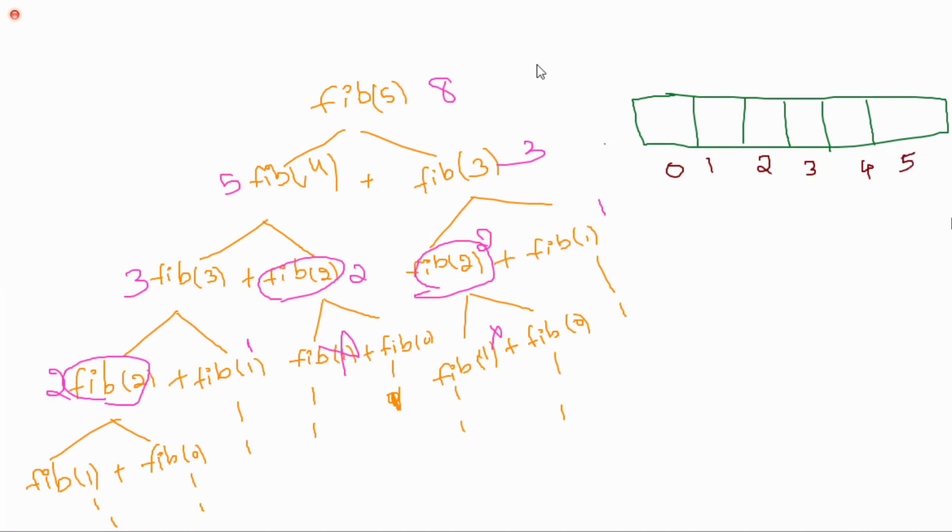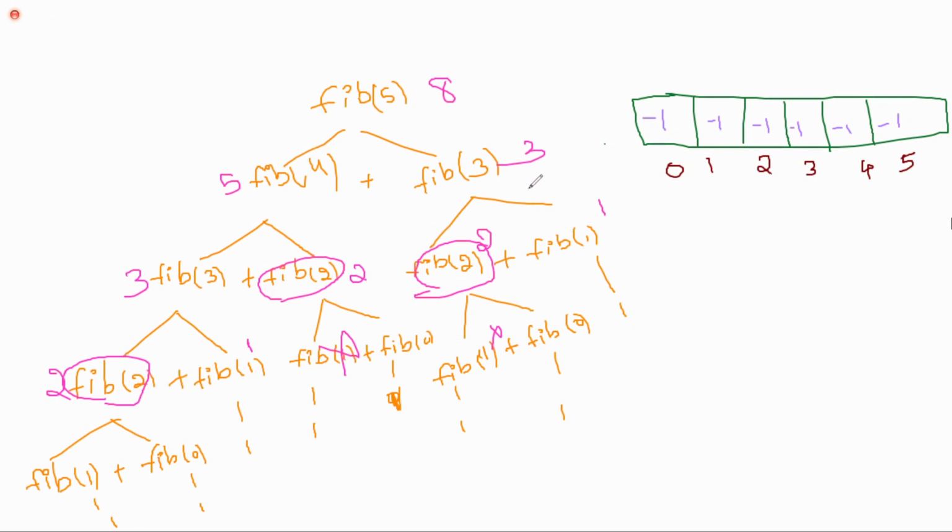So initially I'll fill all the values with minus 1, because I don't know what is the zeroth value. I don't know what is the first position, second position and so on up to fifth position. I don't know what the values are. So simply I'm initializing all the values with minus 1. Now from first onwards I'm going to solve.